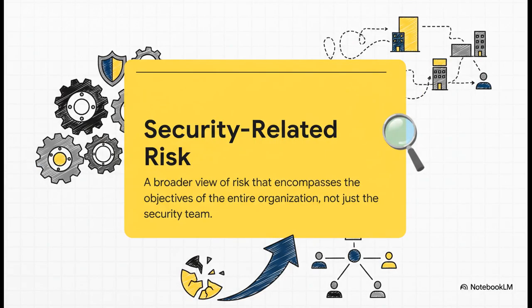So what's the solution? The handbook suggests something that sounds really simple. Instead of security risk, we should be saying security-related risk. I know, it sounds like a tiny change in wording, but it's actually a huge deal. That one word, related, forces everybody to admit, okay, yeah, security is part of this, but the problem touches all of us. The causes and effects are spread all over the place.